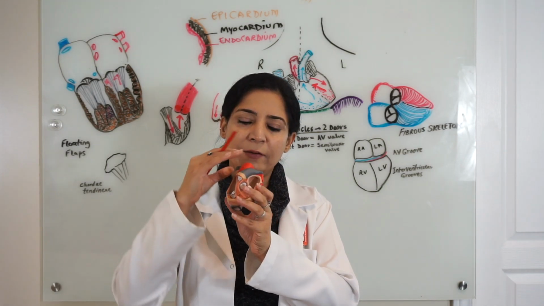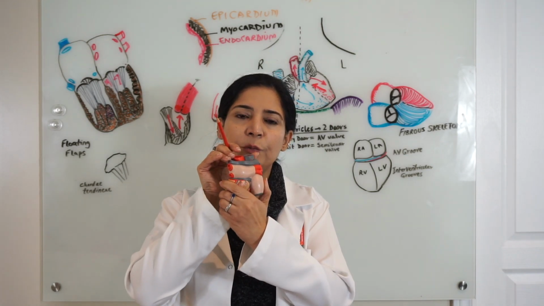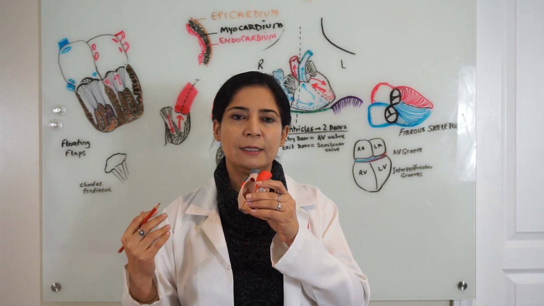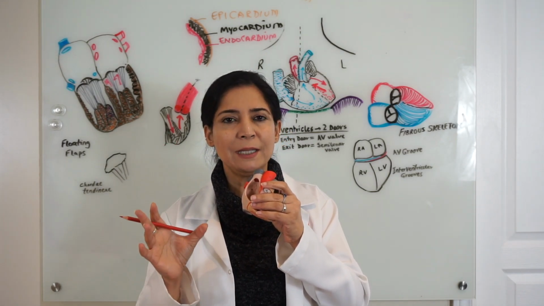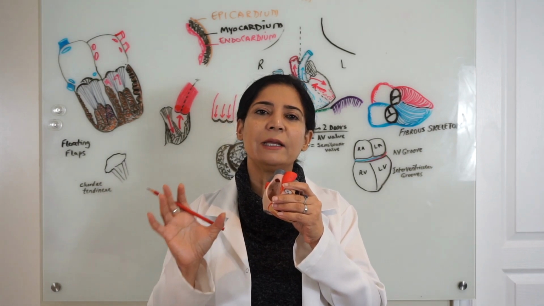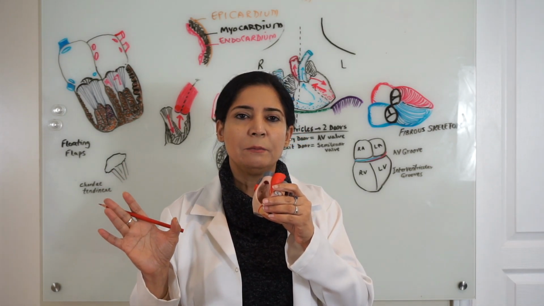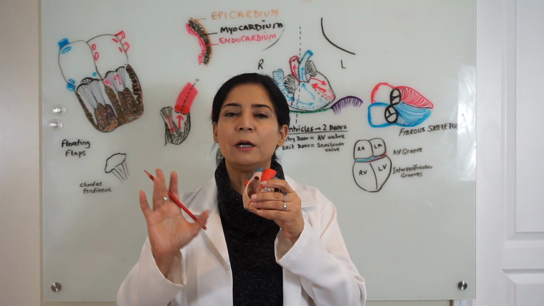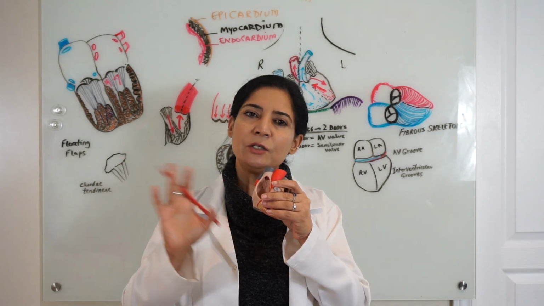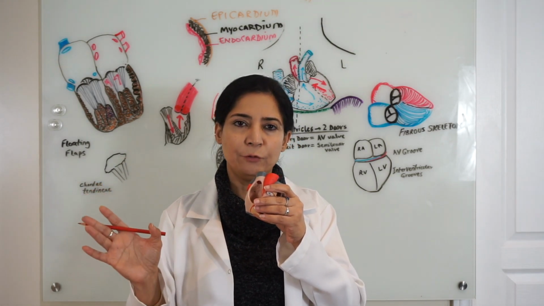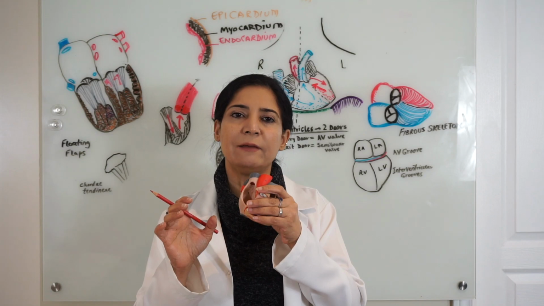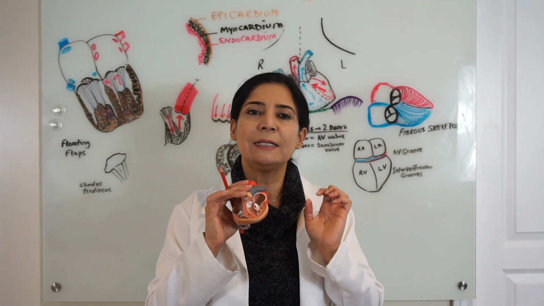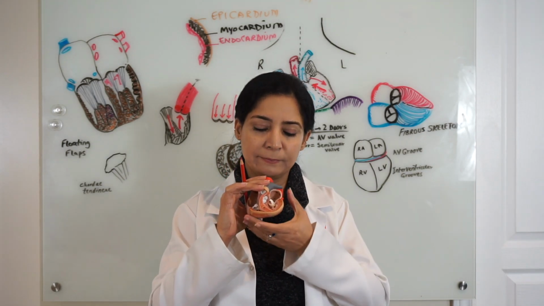Okay, so if I flip the posterior surface and show it to you, these are the four pulmonary veins, two emerging from each lung, ideally. But sometimes, in some cases, there is evidence of having three pulmonary veins. But in general, up to 80% of the population has two pulmonary veins from each lung, and that makes the four openings into the cavity of the left atrium. So the oxygenated blood is getting collected into the left atrium. Now,